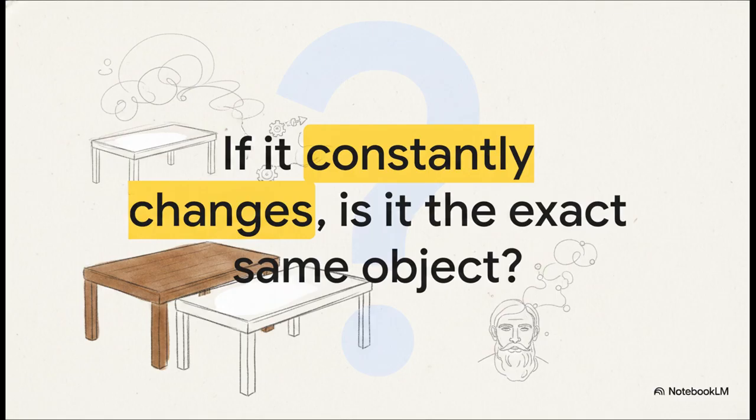Now, most of us would intuitively say, well, yeah, of course, it's my table, I just painted it. But the moment we separate the superficial qualities of an object from the object itself, we invite this massive intellectual complication. Because what actually makes the table the table?